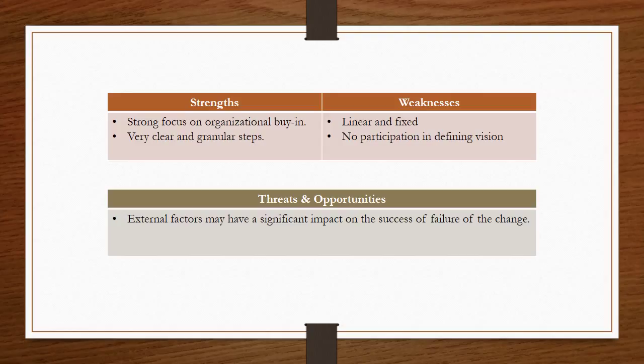So the Kotter change model suffers from a high dependency on external factors. The increase in transparency and communication also means that people would be forced to take the time to learn the language of the person they're trying to communicate with. Sounds fairly intuitive, but there would be quite a bit of resistance to trying to do this at a large scale.